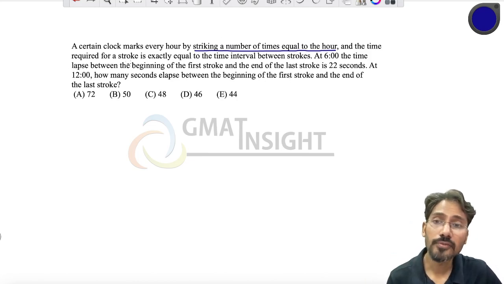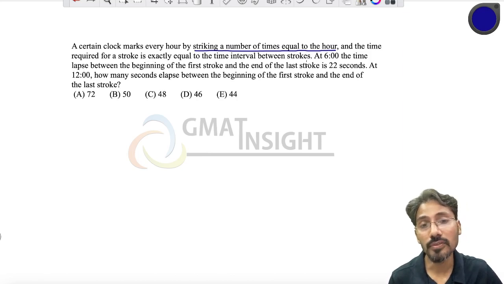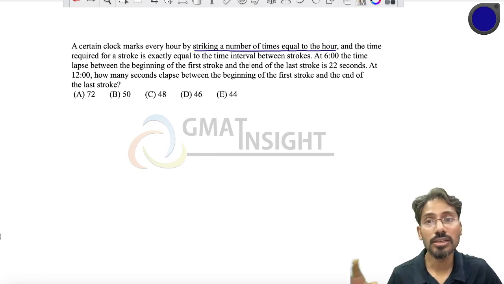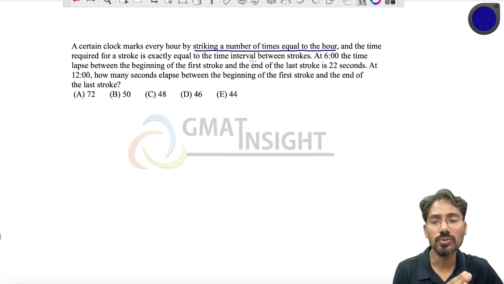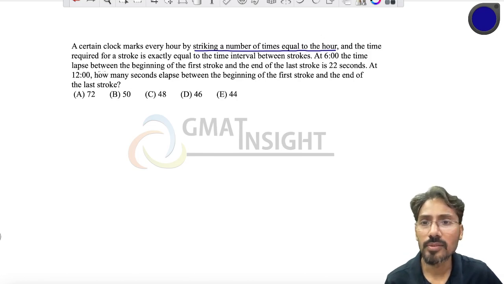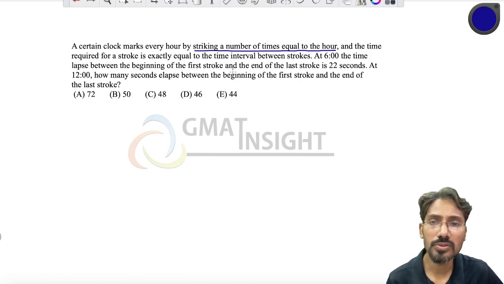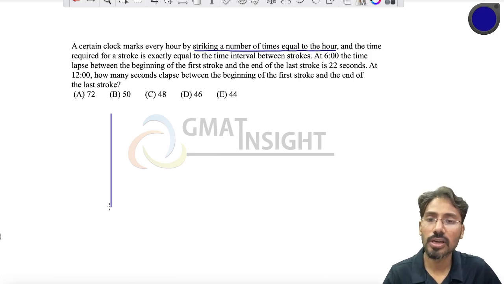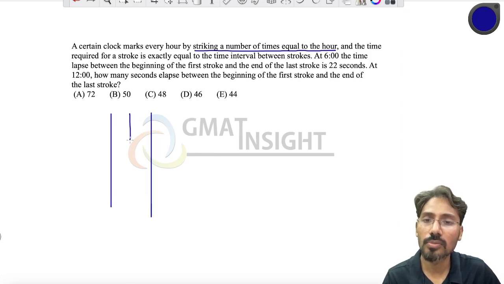And the time required for the stroke is exactly equal to the time interval between the strokes. So the time for one stroke is the same as the time between the first and second stroke. At 6 o'clock, the time lapse between the beginning of the first stroke and the end of the last stroke is 22 seconds. So you understand, let's assume that we have this way and we are talking about a pendulum